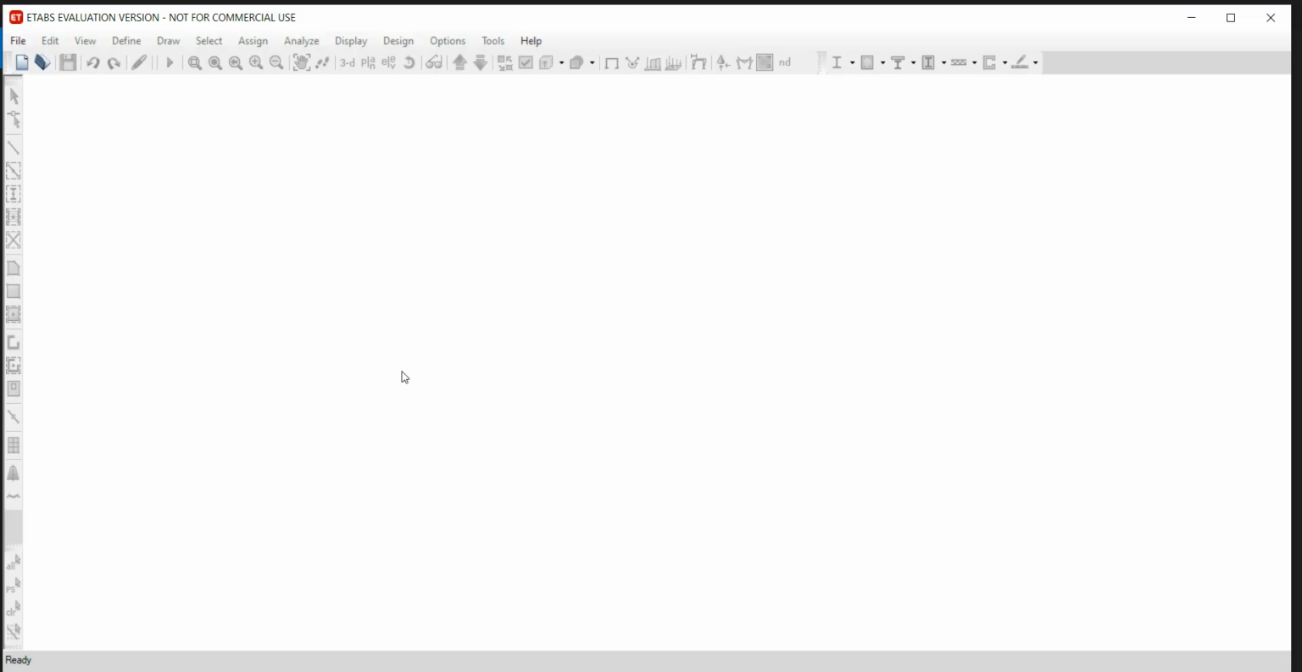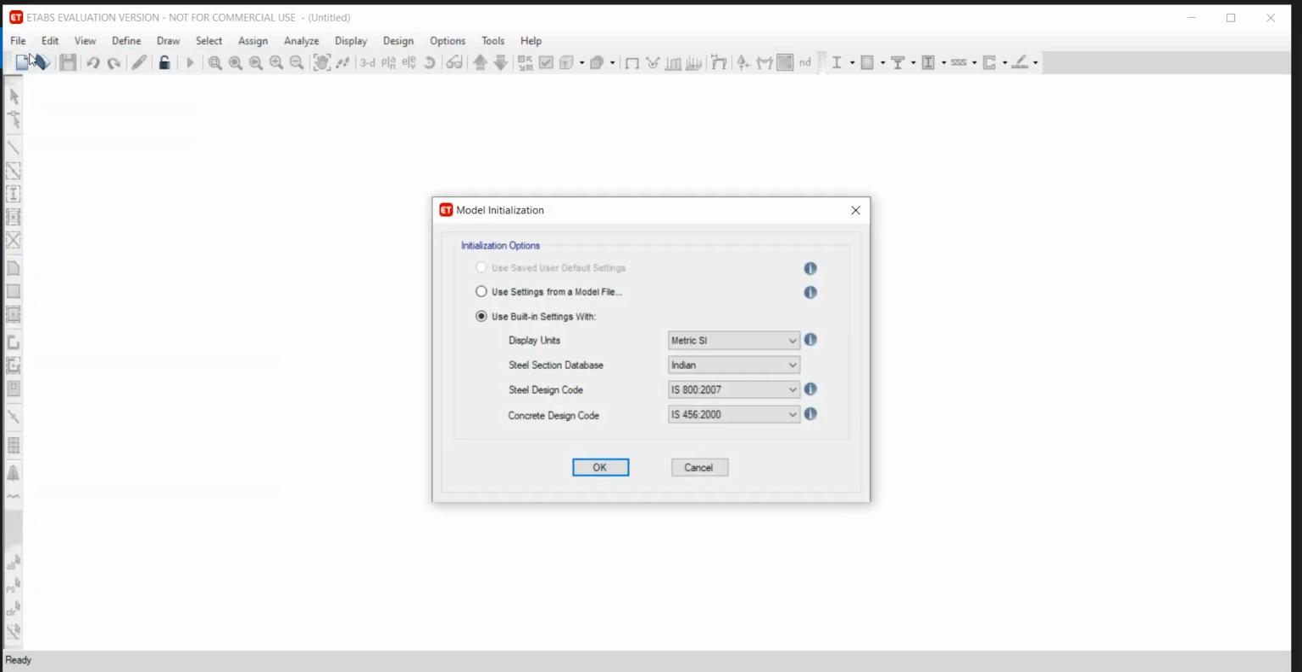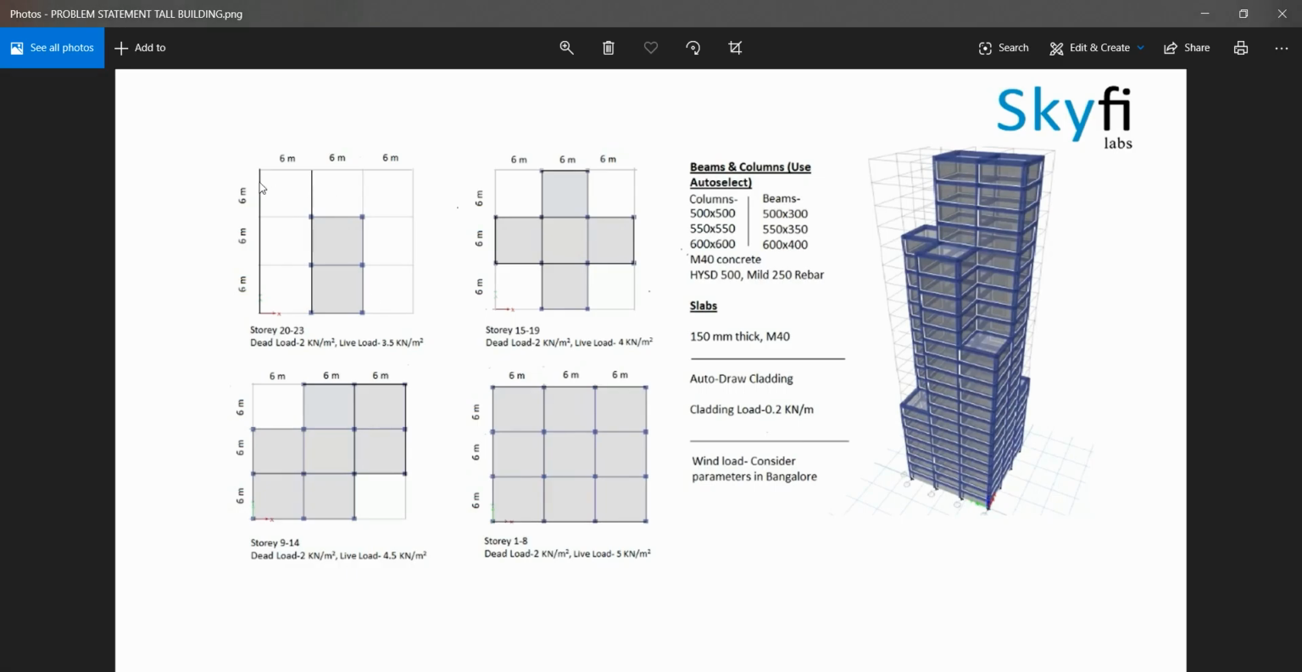Open the ETABS software, click on File, select New Model. We'll use the Use Built-in Settings with option. We'll select the display units to metric SI, steel section database as Indian, steel design code as IS 800-2007, and concrete design code as IS 456-2000. Click on OK. As we can see, we'll require 4 grid lines in X and 4 grid lines in Y